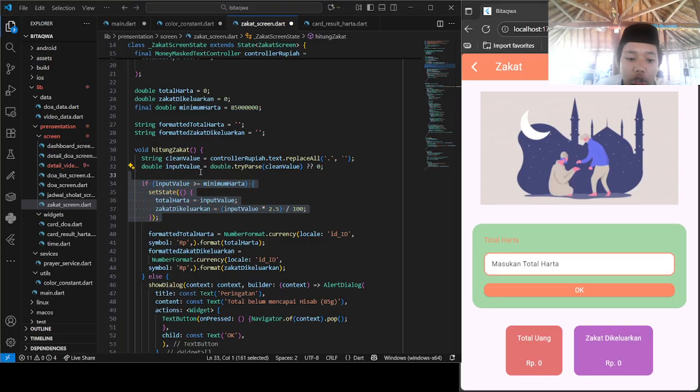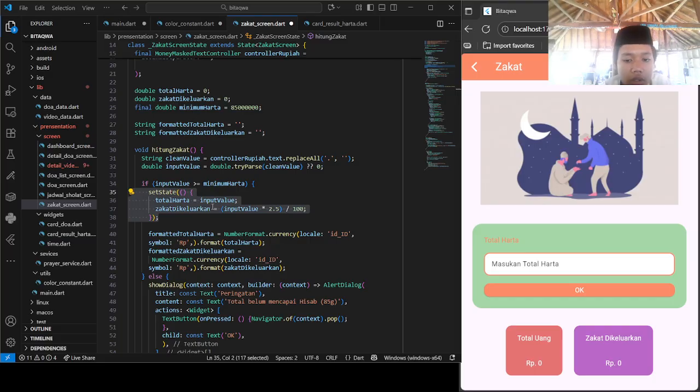Okay. In here, if input value is at least minimum harta, set state. This is the logic. If the total harta already hits the limit of wajib zakat, the nisab, the system will do the counting like that. Set state in here zakat.